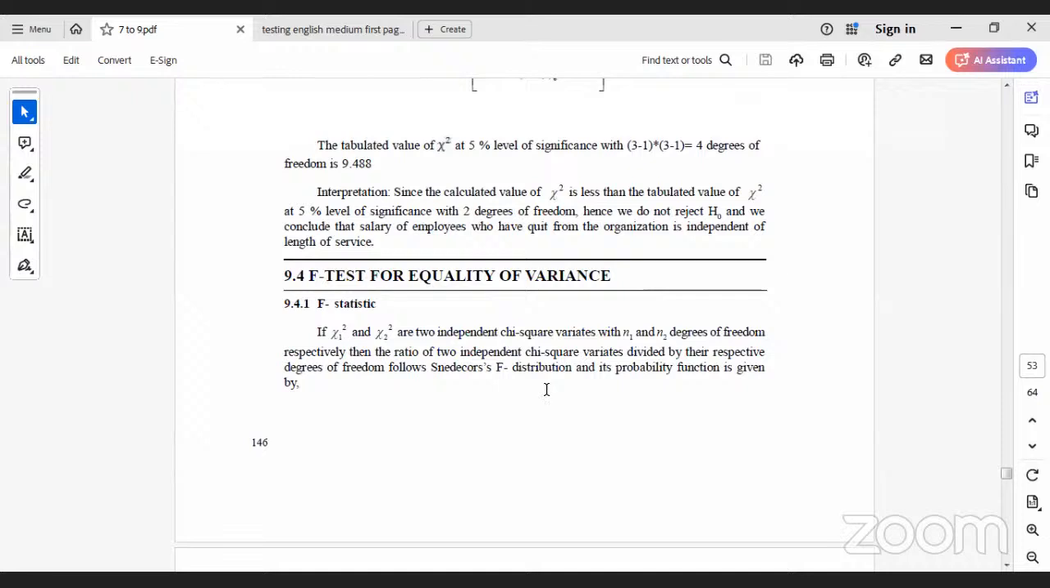Test for equality of variances we are taking here. F statistic: if chi1 square and chi2 square are two independent chi-square variates with n1 and n2 degrees of freedom respectively, then the ratio of two independent chi-square variates divided by their respective degrees of freedom follows Snedecor's F distribution, and its probability function is given by